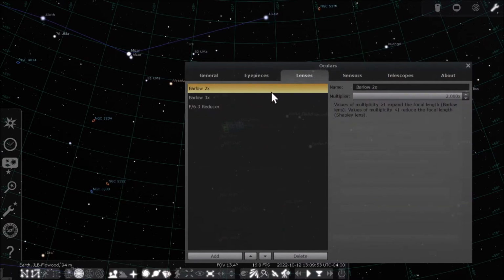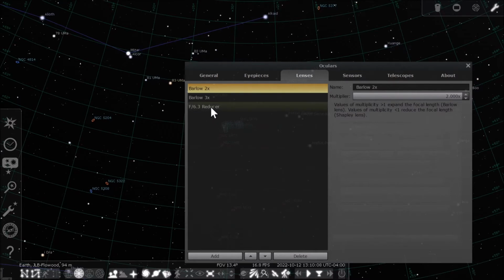Lenses, they came with a whole bunch of lenses. I had to delete all of them. No, I'm sorry, the lenses, this is what they came with. If you got any new lenses, if you have another type of reducer that you need to put in, which I probably need to do,